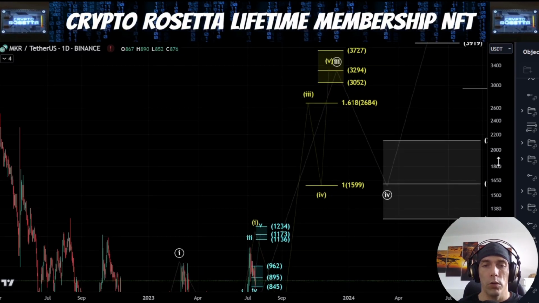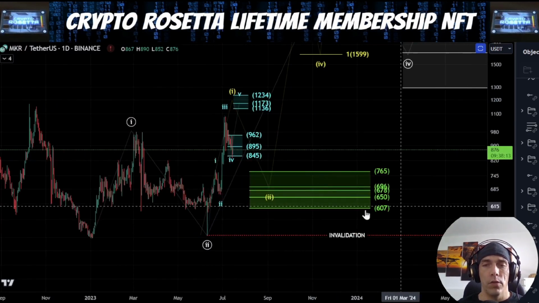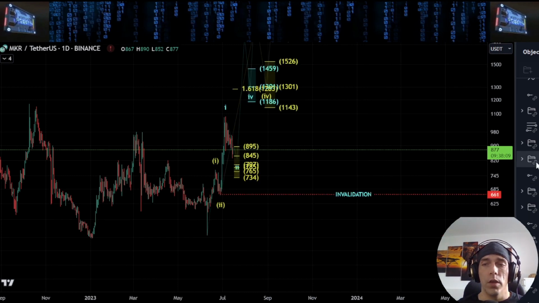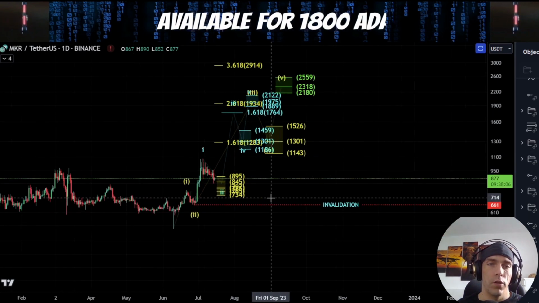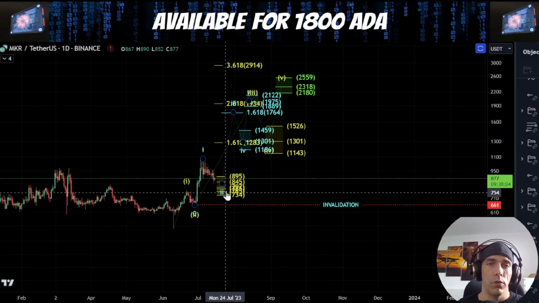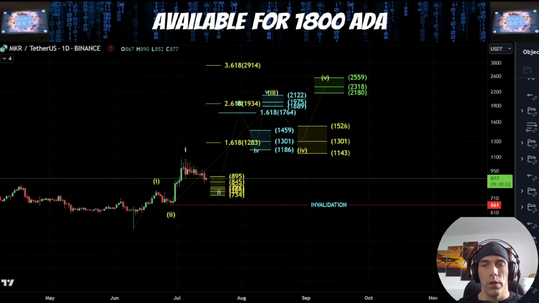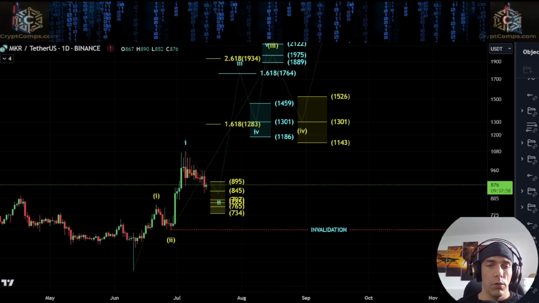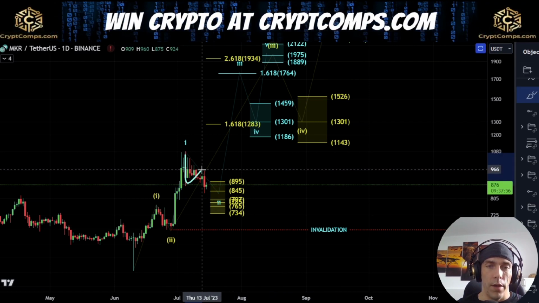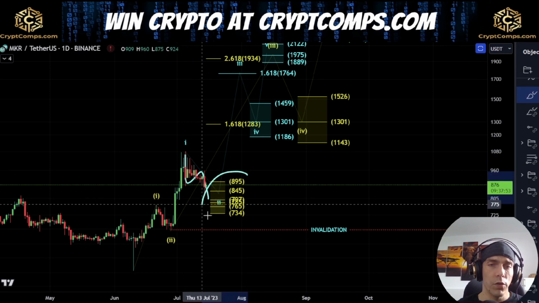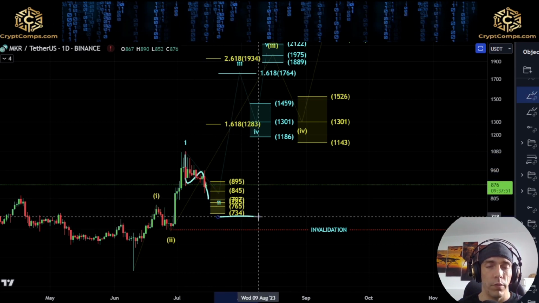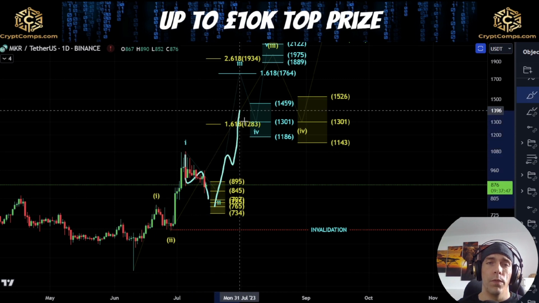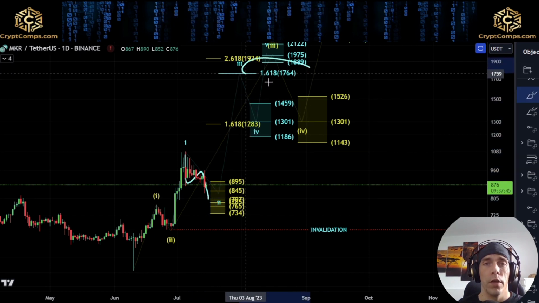It's going to be crucial to hold this 511, and really once we start to lose this 607, it starts to become less likely. Now looking at this idea of a direct breakout here, what we could argue is we have 1 2 1 2 here, and then what we are looking for is holding this line higher up here, the 661. If we do form something like this as A, B, and C, we hold support in this 895 to the 734 level. What we would then be looking for is this 5-wave structure to the upside here